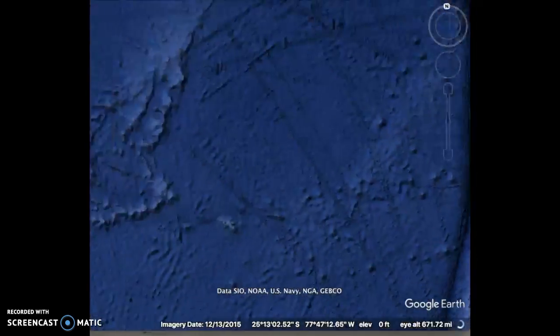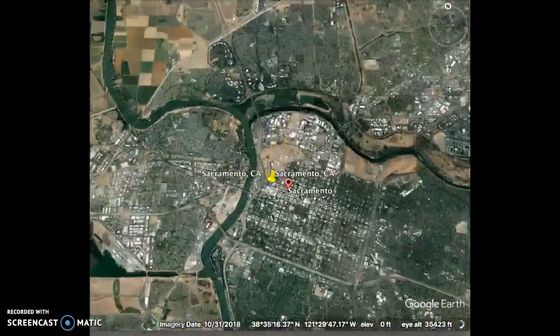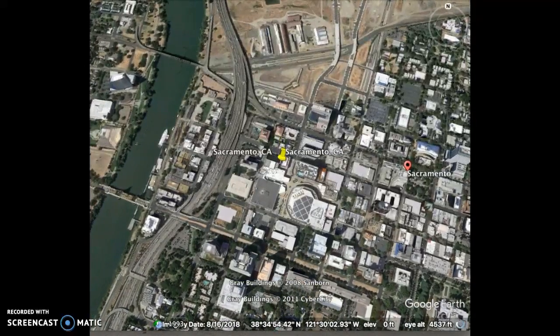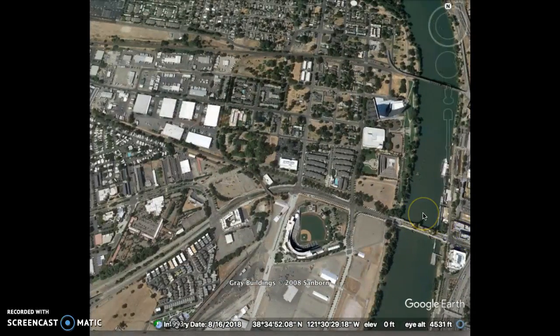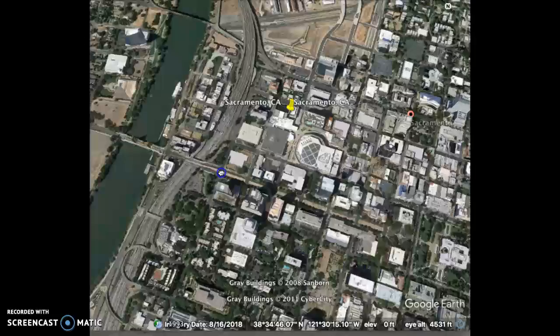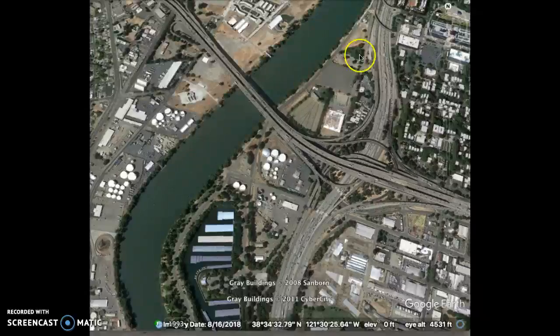And our last stop is Sacramento, California, where many floods happen. This happens due to storms and heavy rain during the winter. And this occurs often near the Sacramento River and the American River. And as you can see, there are many buildings also here in Sacramento, California. And this is the river.